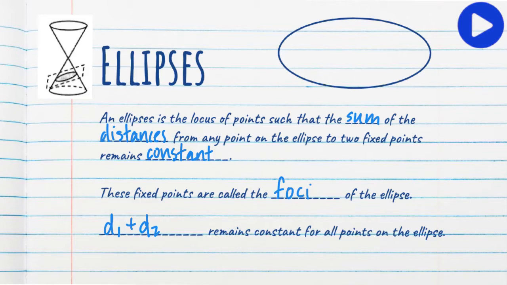So let's take a look at the diagram of an ellipse. In an ellipse, you're going to have a focus here and another focus here. And the exact point of focus depends upon your D sub 1 plus D sub 2. Now, you will also be given a single point on the ellipse, and then the distance from one focus